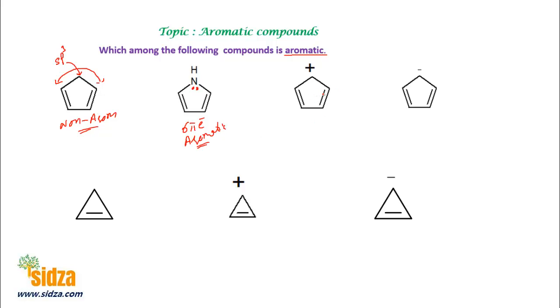Next molecule here, we have a cyclic molecule, and this is a carbon with a positive charge. And this positive charge you can delocalize, so you can have a resonance here, isn't it? You can push this double bond, and you can draw one more canonical structure for this molecule that will look like this one.